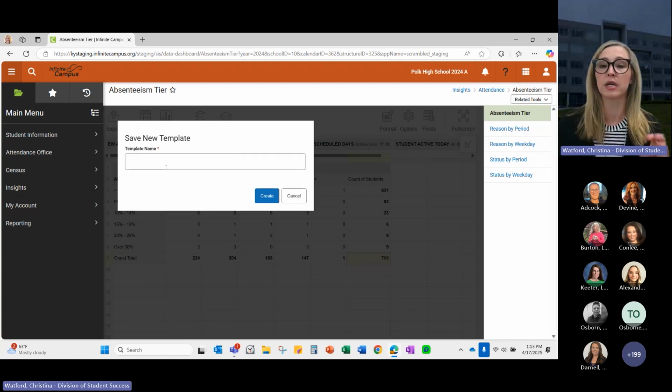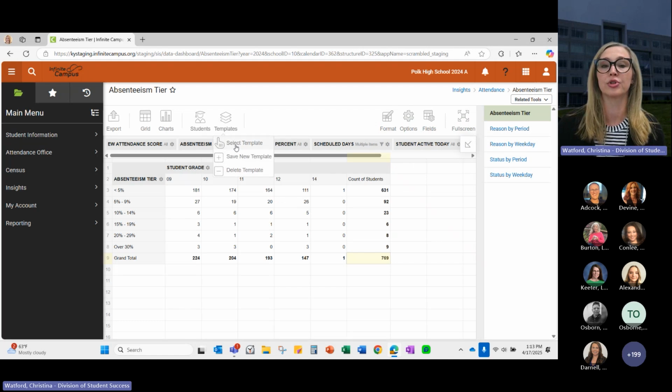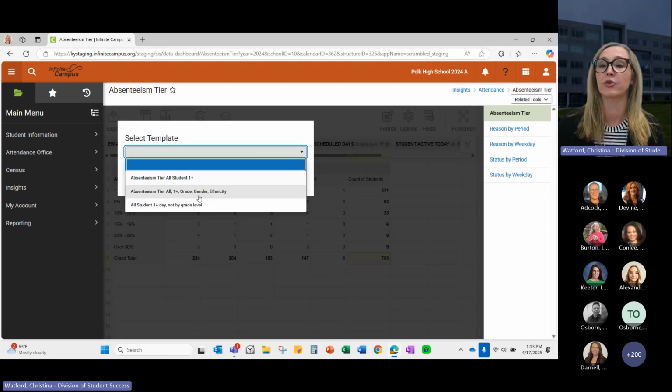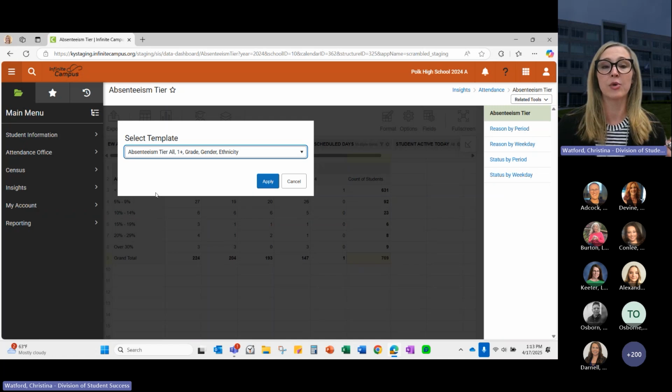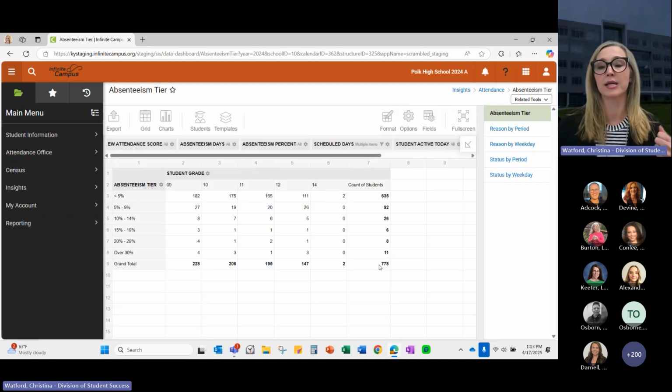You can title it. You can hit create, and then the next time you go in, all you have to do is select your template, and you can see I have created a couple of different templates from the initial report that I could use at any given time. So let's just say I take one of these, we'll apply it. You can see I've done some additional customizations in order to pull in a couple of other students and make